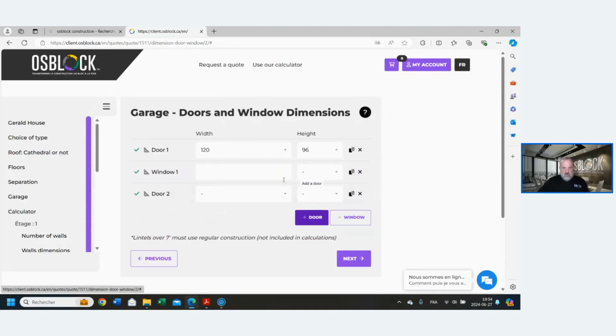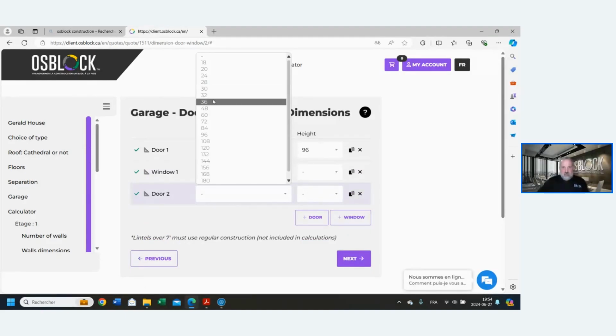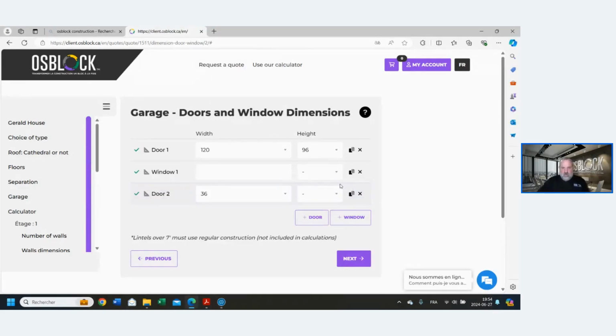So we're going to enter the door at 36, standard width, by 84, and just a regular window here, 4 by